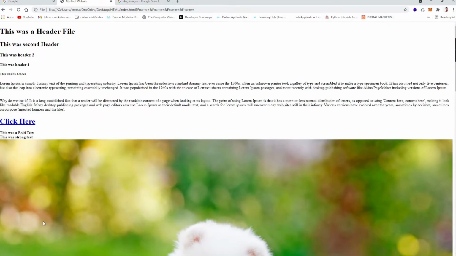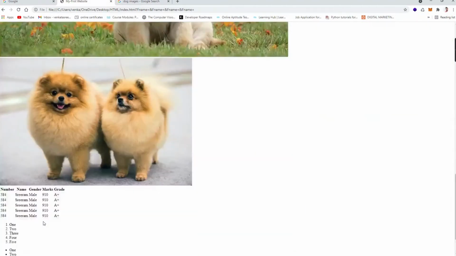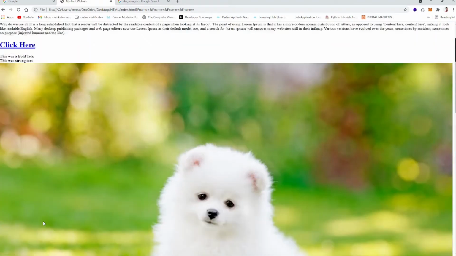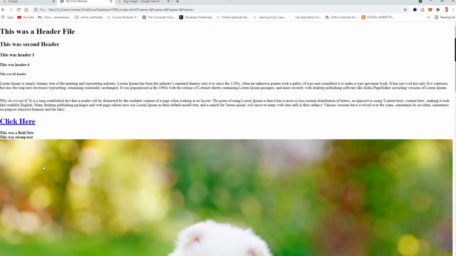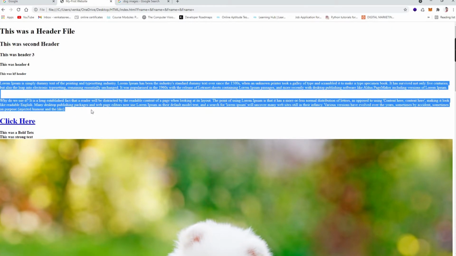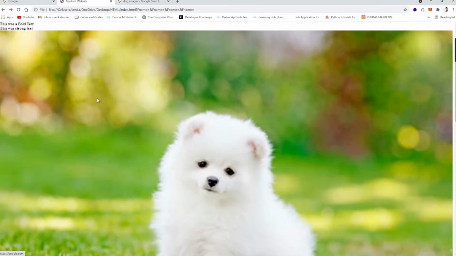In this way you are able to create a website by using simple building tags. In the next session, we are going to see how the header tags are arranged in a beautiful way, and how the paragraphs are set in order, and how the anchor tag will be used in order to make this website more beautiful, and where we use the bold text and where we use the strong text as well, and how to modify this image.